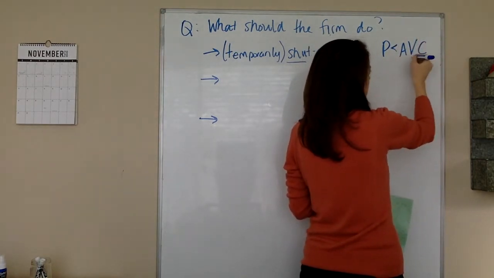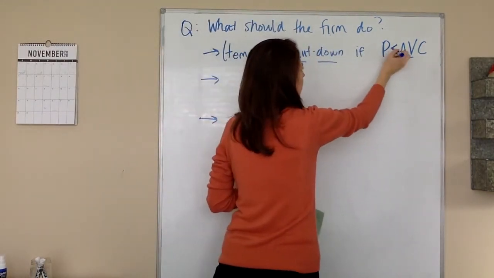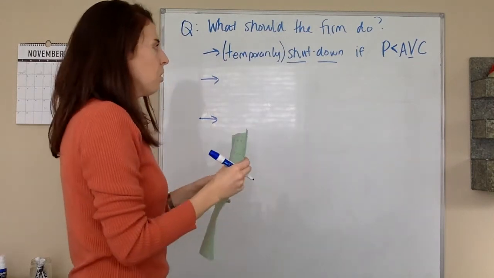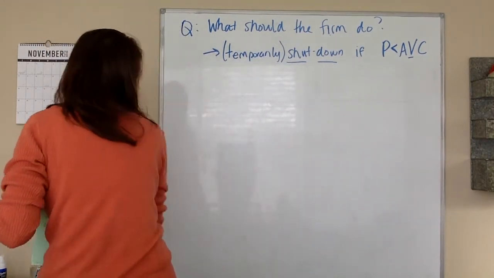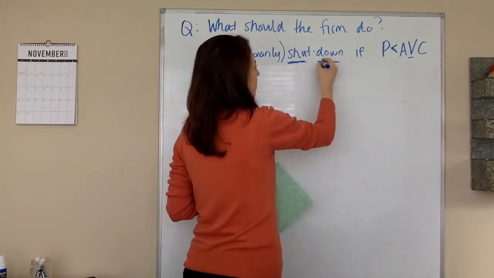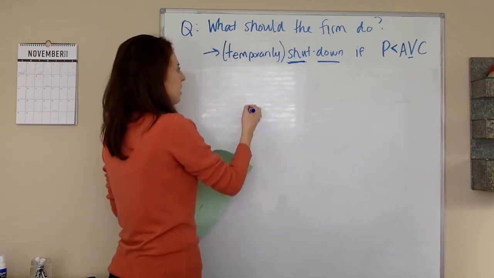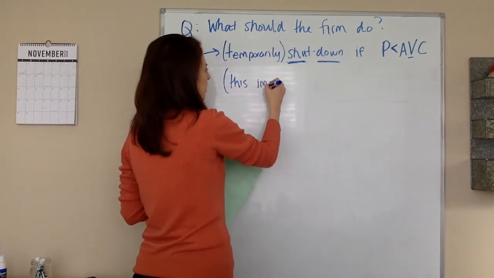We haven't really talked too much about variable costs yet, but it's going to be important here. And the reason he should shut down if the price is less than the average variable cost is because this implies